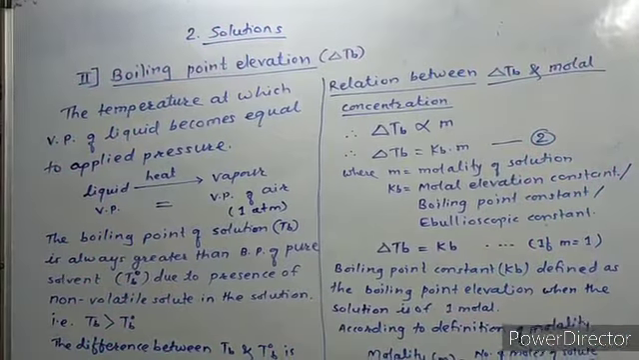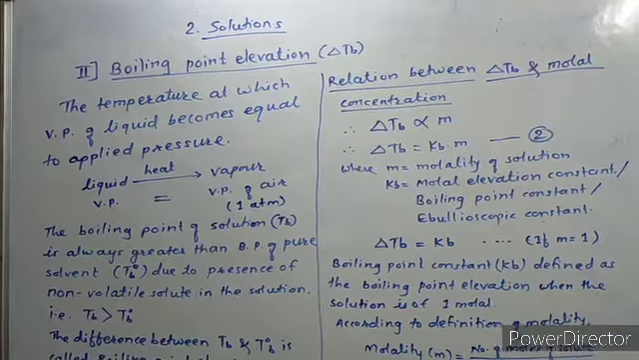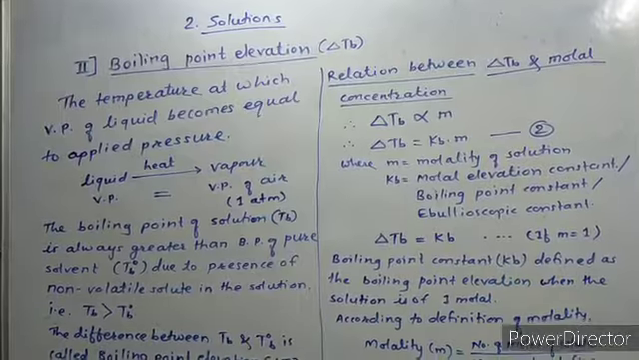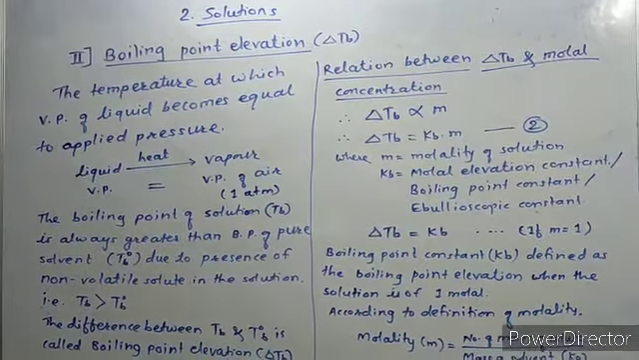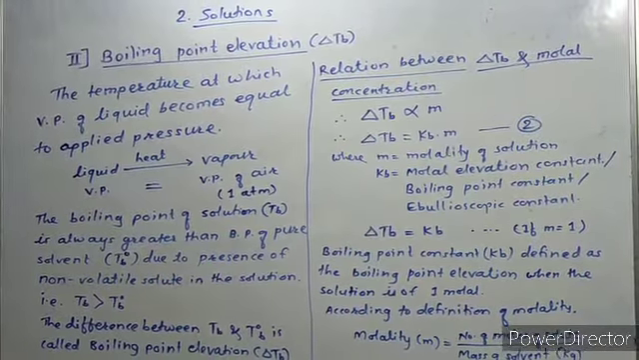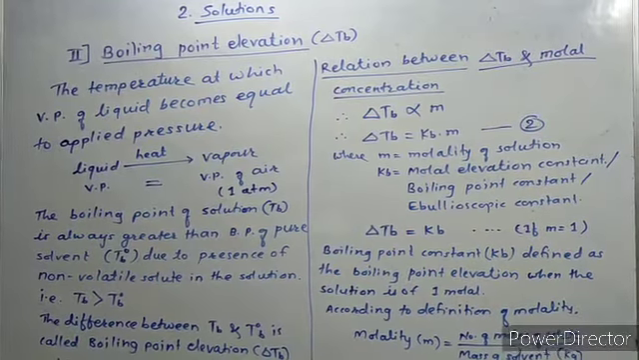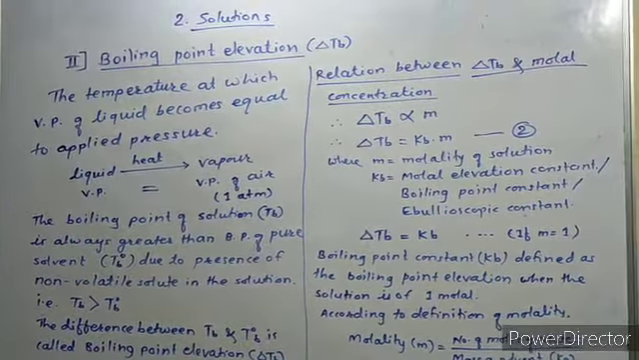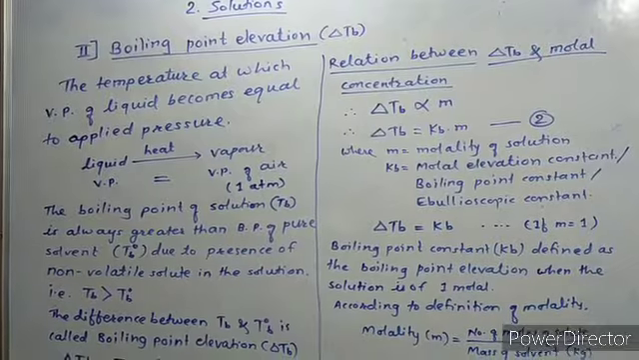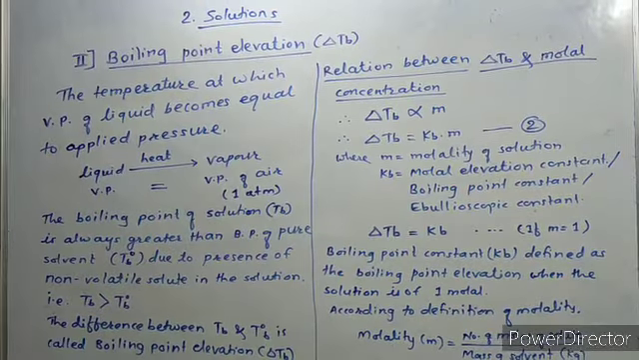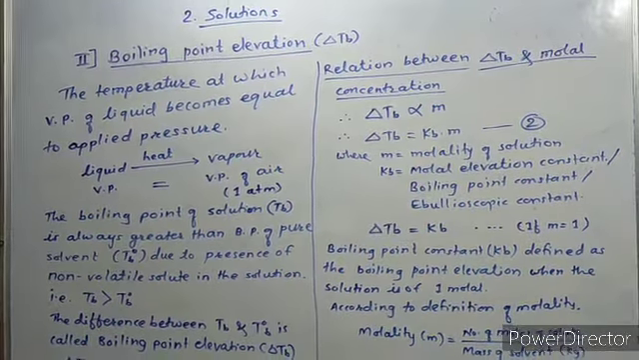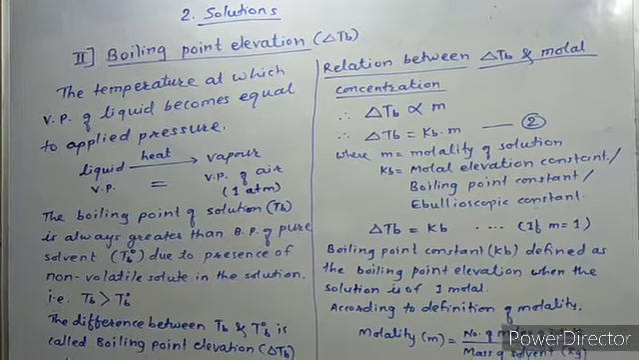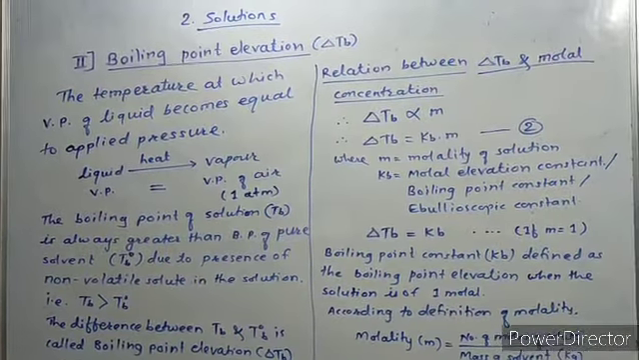Welcome students. Today we are seeing boiling point elevation, delta TB, the second colligative property from the solution topic. Now what is meant by boiling point elevation? Elevation means increase. The boiling point means the temperature at which the vapor pressure of a liquid becomes equal